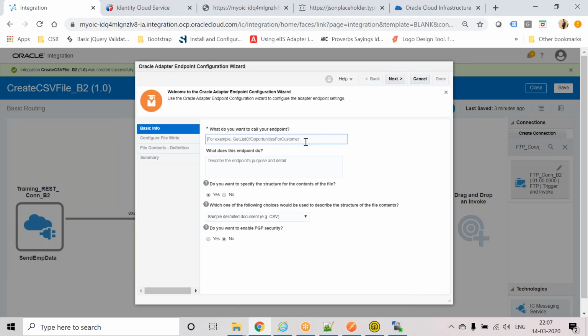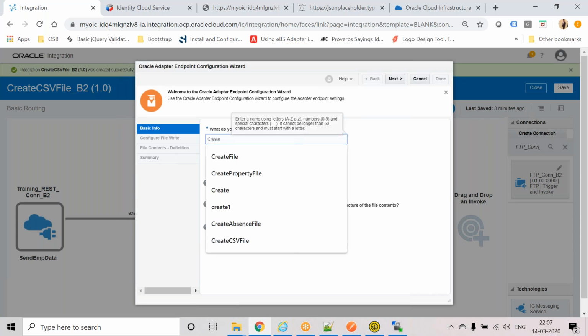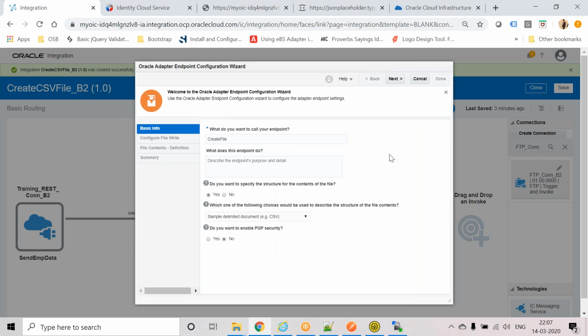Here I'll say create file, and then here you see, do you want to specify the structure for the contents of the file, which means would you like to create a specific format file, which means if you want to create a CSV file, and do you have any structure like you want to push ID, name, age and qualification. If you don't have any structure, if you want to send any type of file like PDF,